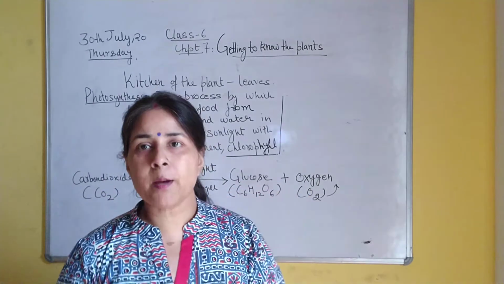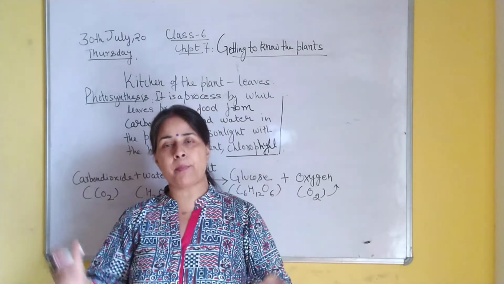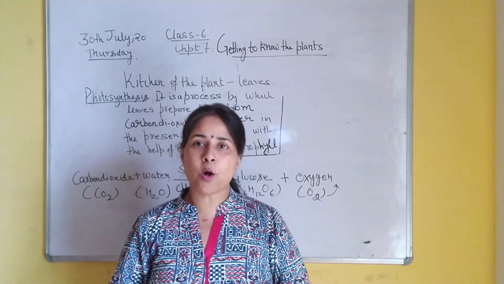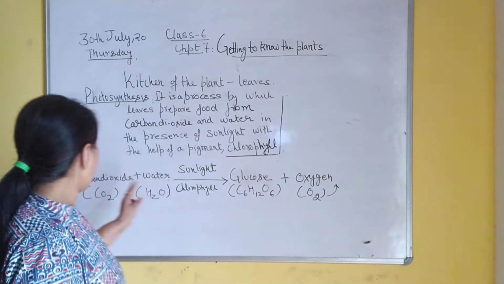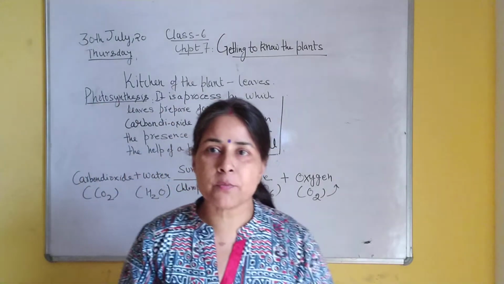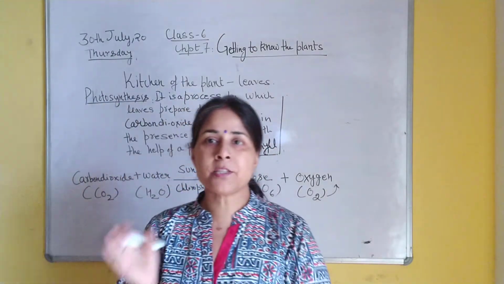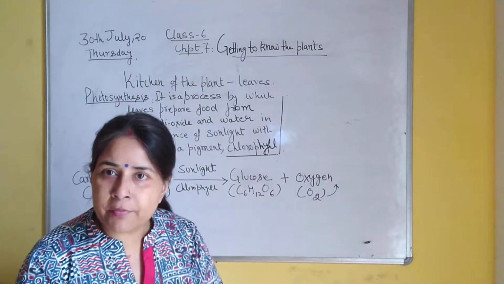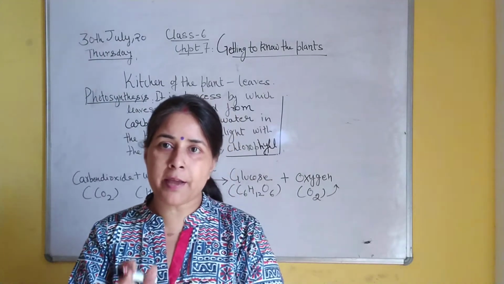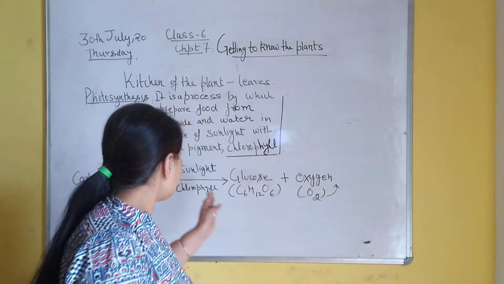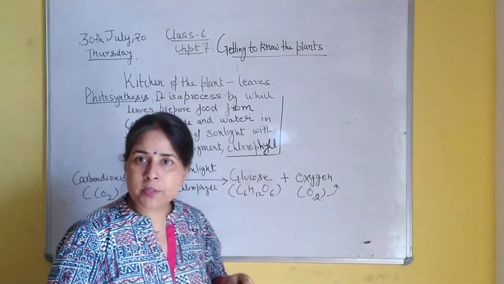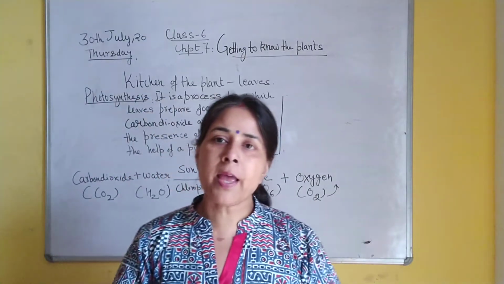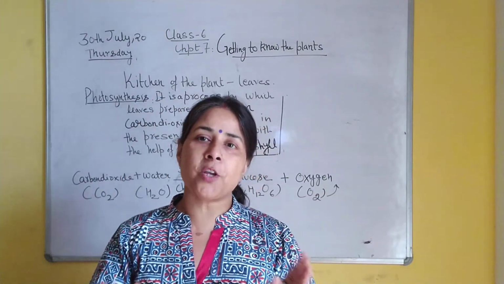We say that plants give us fresh air, we should plant trees, plant more and more trees, because they take in carbon dioxide. Carbon dioxide gas, which is harmful to us and harmful to our environment, is taken by plants. Plants take it and add some water to it, carbon dioxide and water. When they undergo a process in the presence of sunlight, it changes into glucose, the plant gets its food, and the environment gets rich in oxygen.